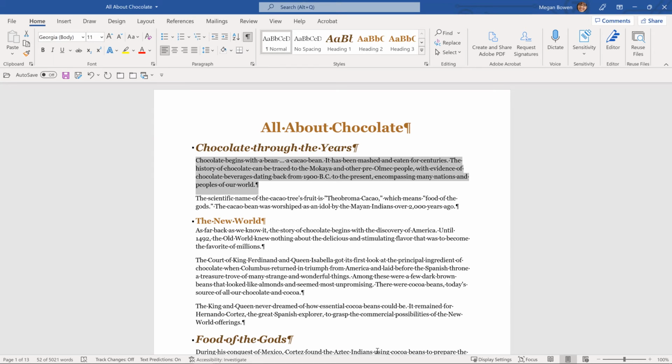What if I wanted to center this? Control E. Control L for left aligned. Control J for justify. Now, these are things we often control through styles or other ways to be more consistent from one paragraph to another. But know that these are some quick, easy actions, especially if it's a headline or something else that you want